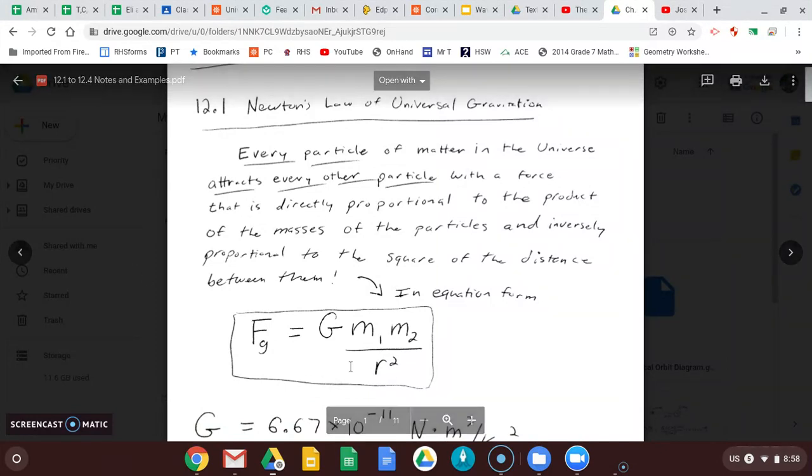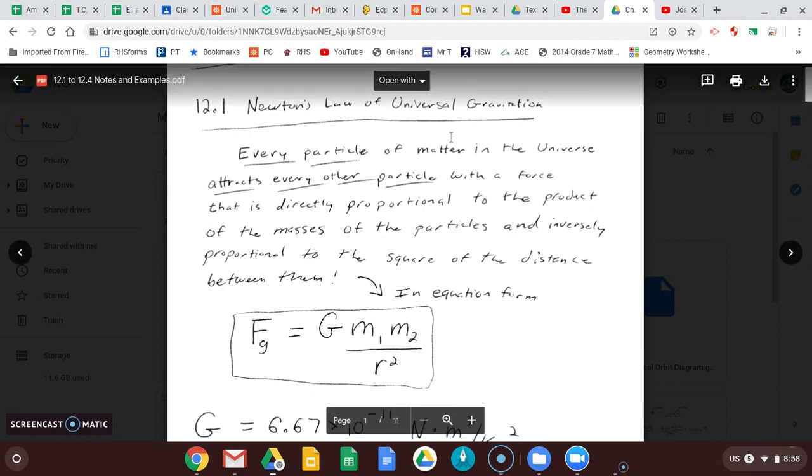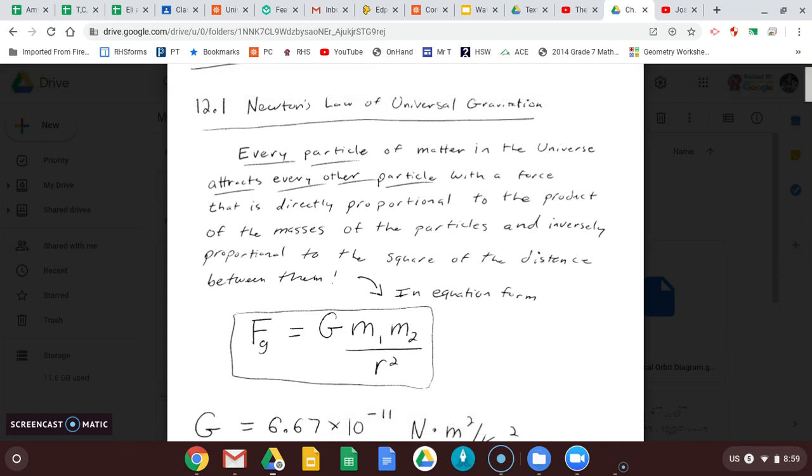equation. And the concepts you should have been hopefully grasping up to this point this week is that universal in this law means just that, kind of everywhere. And specifically, any two masses in the universe have a force of gravitational attraction between them. Even if it's very tiny, it's there. So for example, any two people beside each other or anywhere really, but let's say somebody that's closest to you right now, there's a gravitational force of attraction between you and them.